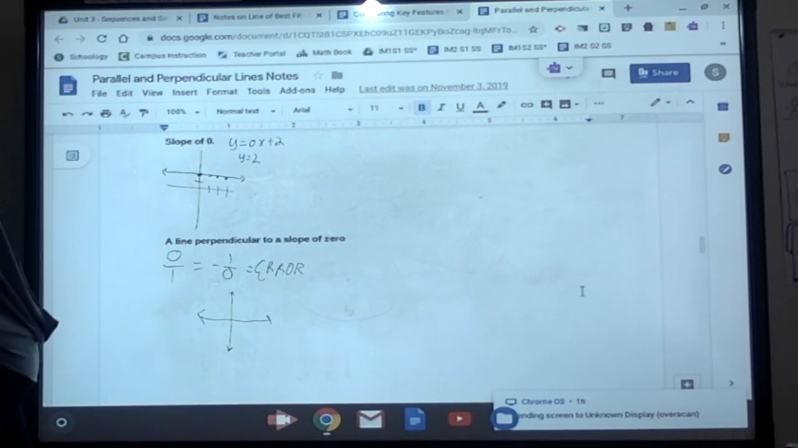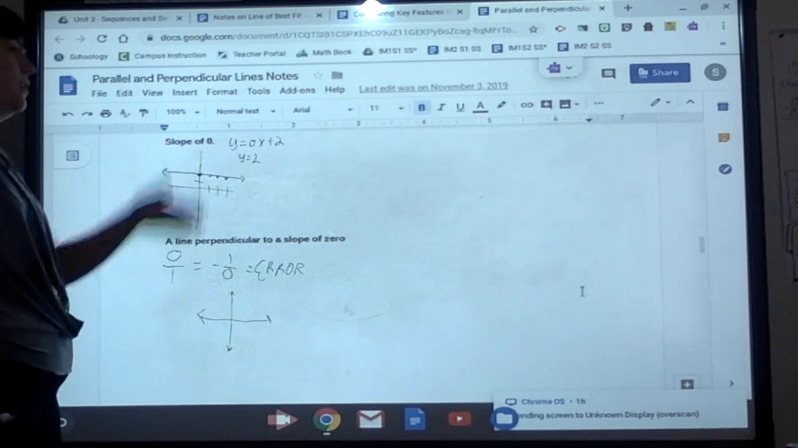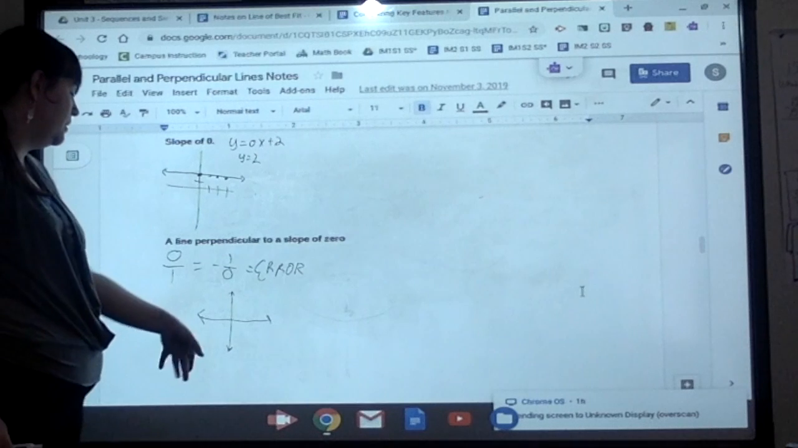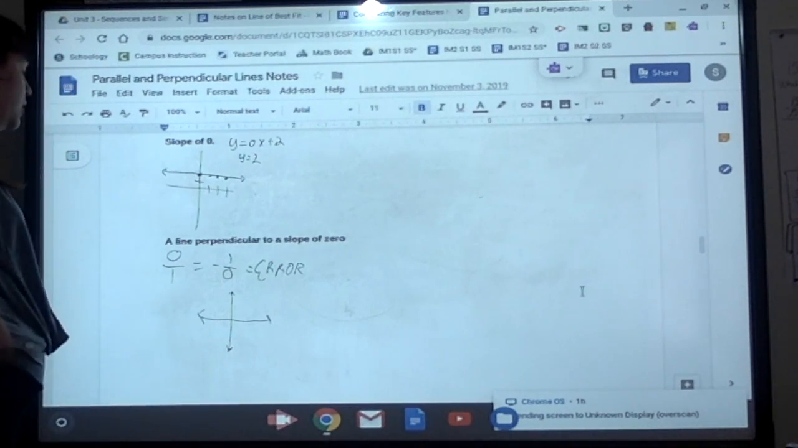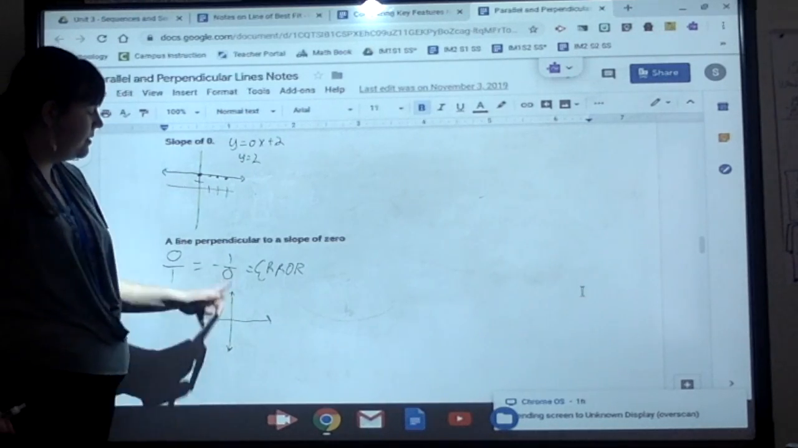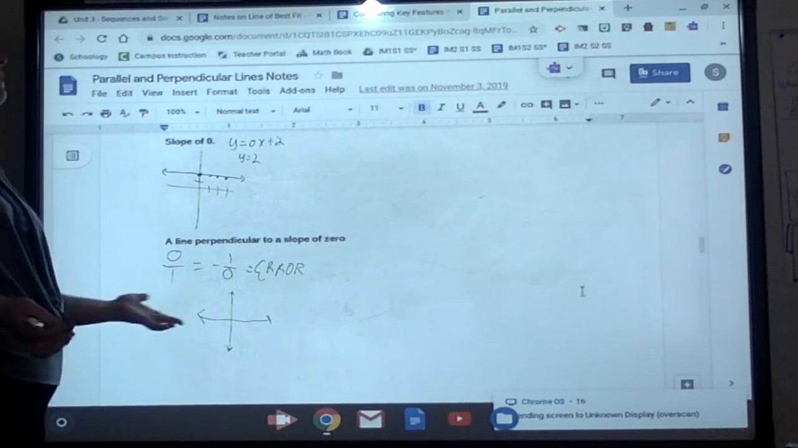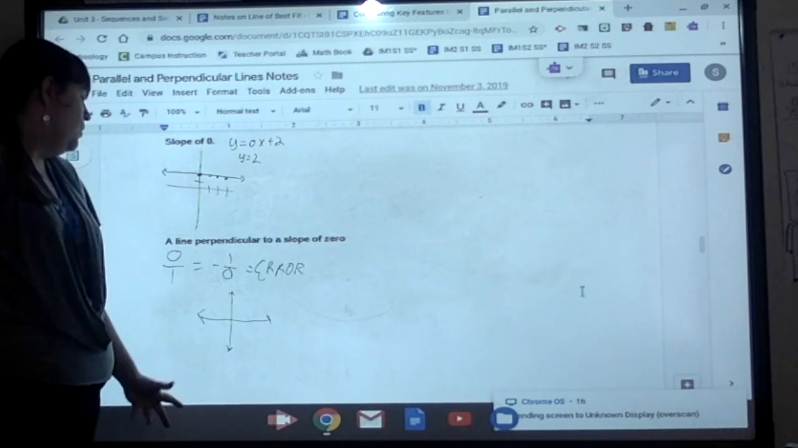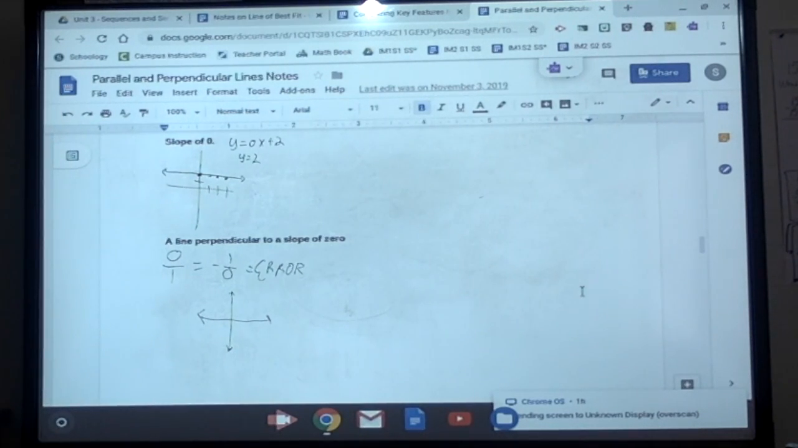That's not a function. You're not allowed to have a line going straight up and down as an equation, because you can't have something on top of itself. If you remember the what is a function lesson, that you can't have things on top of itself. So there's no way this up and down line can even be an equation or even have an equation to it. Which just means you can't take a line with a slope of 0 and make a perpendicular